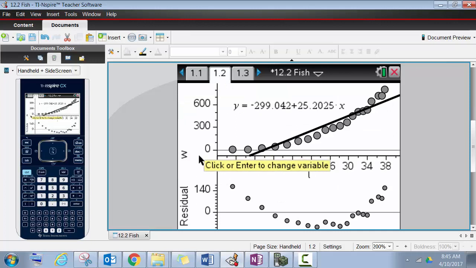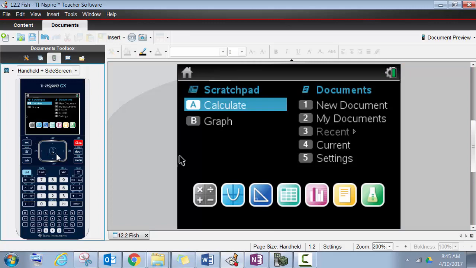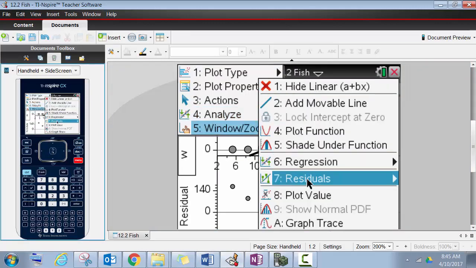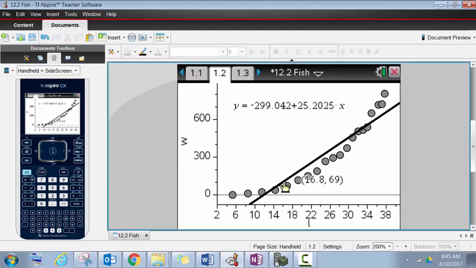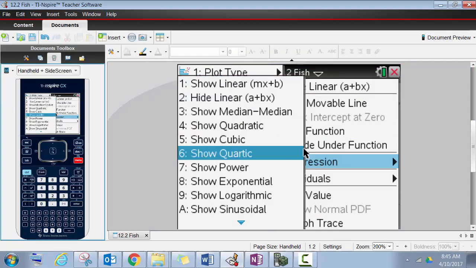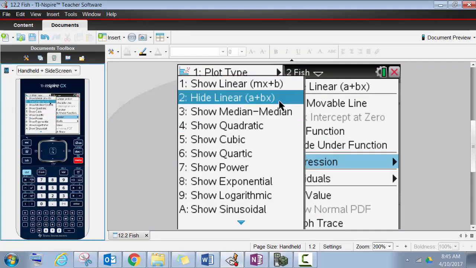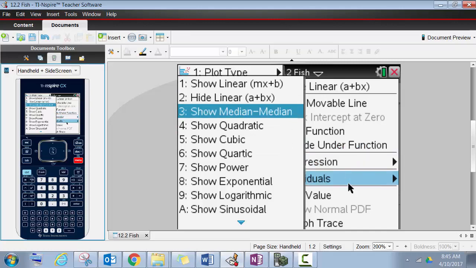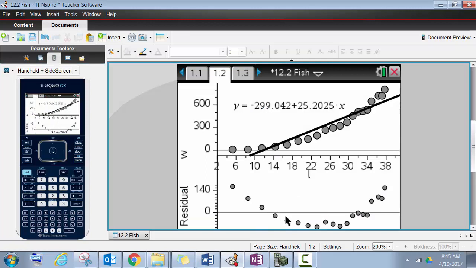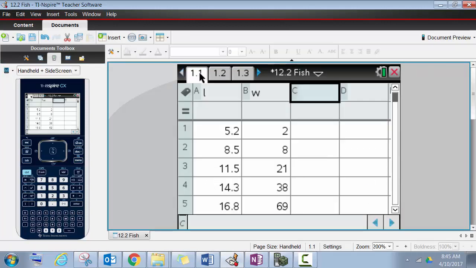Now I've already graphed this. Let's go back. Menu, analyze. Alright, so I've already run my linear regression, just off my analyze regression, did linear, the A plus BX. So now I do residuals, show residual plot. And again, this is our curved pattern. We don't want that. So we go back here,